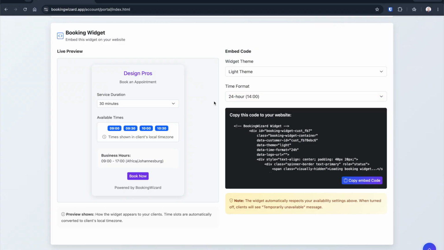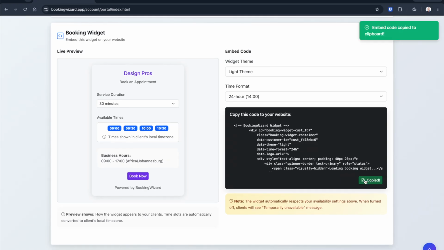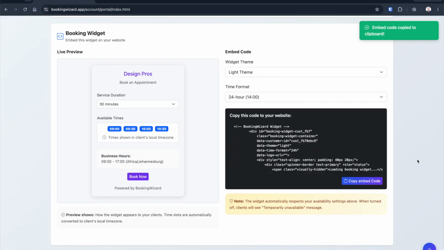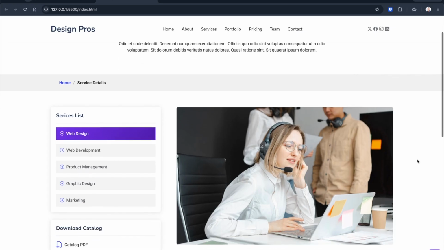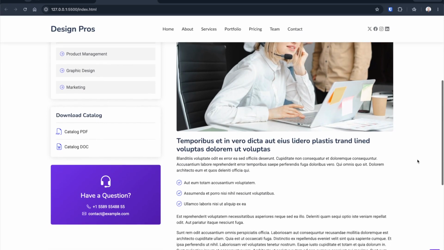Underneath that now is the actual code that needs to be pasted into the web page. So in order to understand this, I'm going to copy this for now to the clipboard, and you get confirmation that it has been copied to the clipboard. And let's go now and talk about a web page and how this operates. Here is a web page for my fictitious company Design Pros, which is providing service details. And somewhere on this page, I want the client to be able to have the facility to be able to